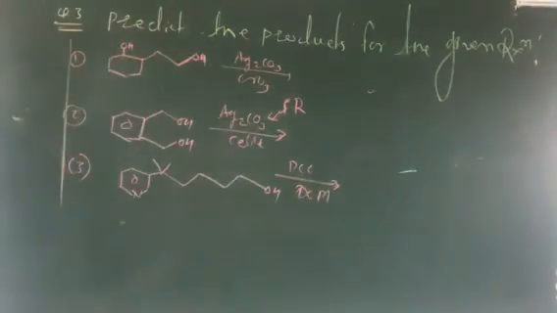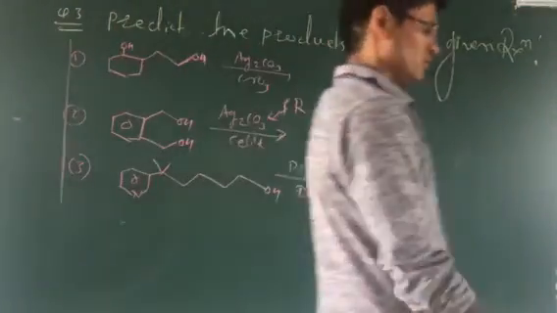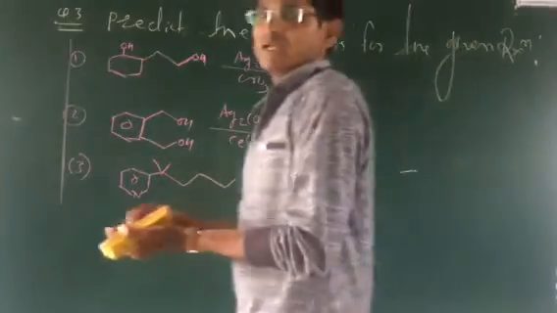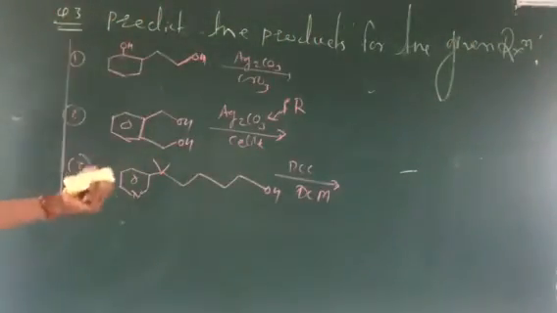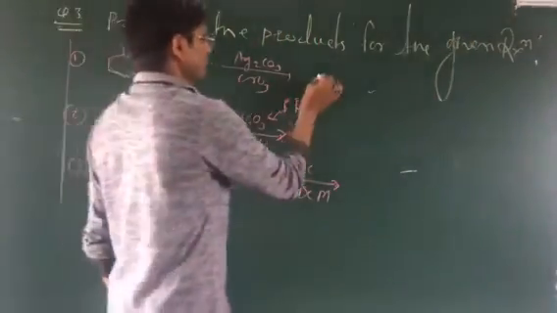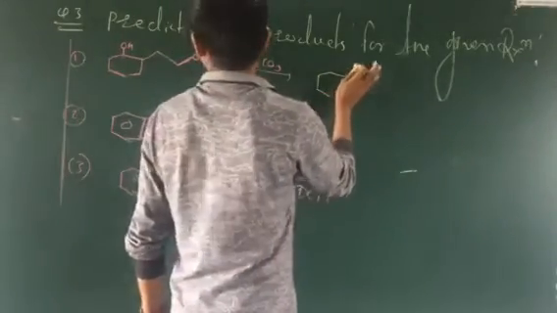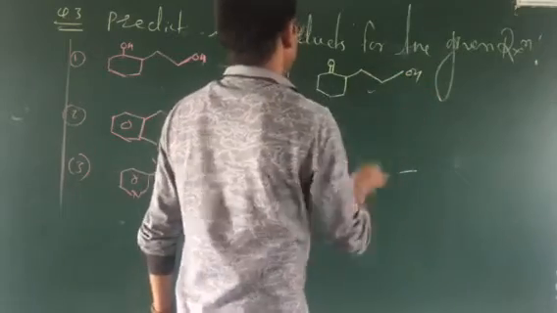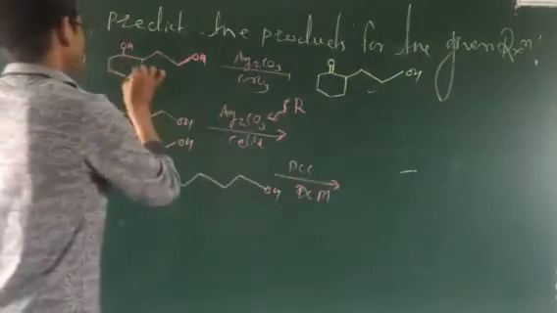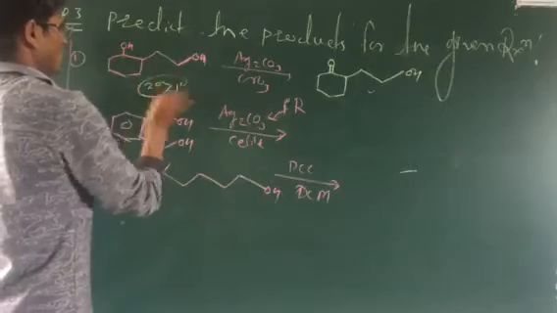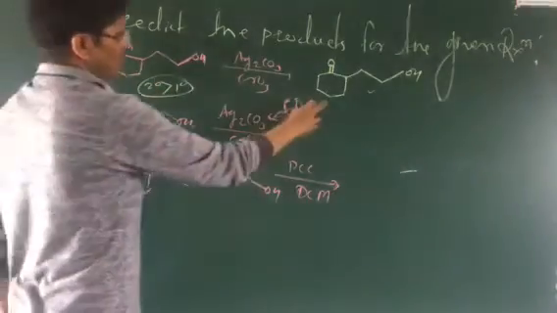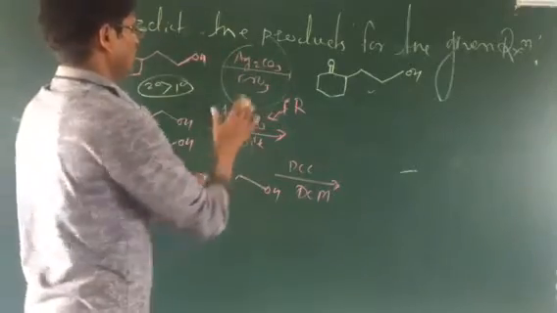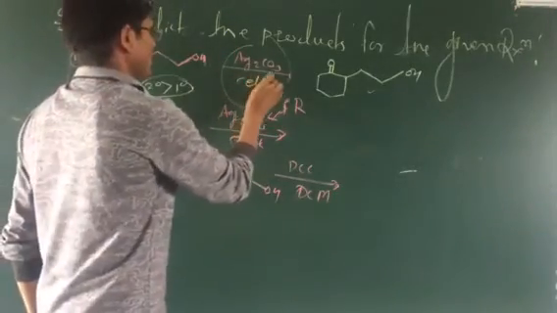Here you have been given three reactions, reactant molecules with the given reaction conditions. What is the product? Remember that here there is a secondary alcohol and a primary alcohol, and we have to do oxidation. So the secondary alcohol becomes what? A ketone. What will happen here? The secondary alcohol will undergo oxidation and form a ketone. So this is the most important, using Ag2CO3 and Celite here.